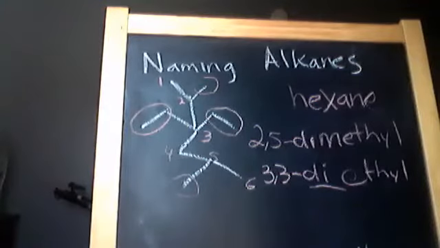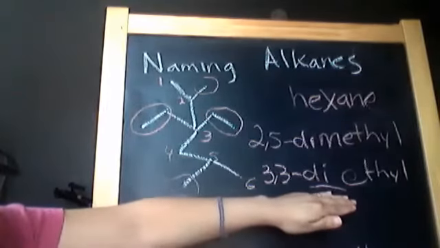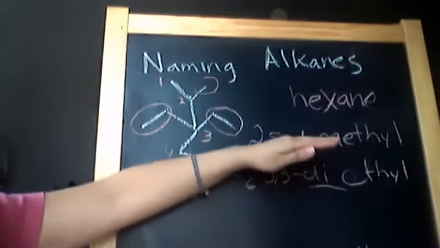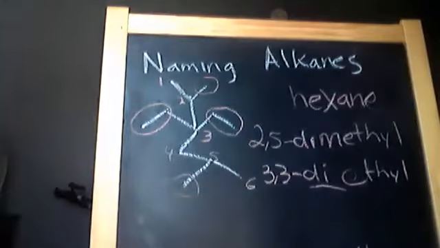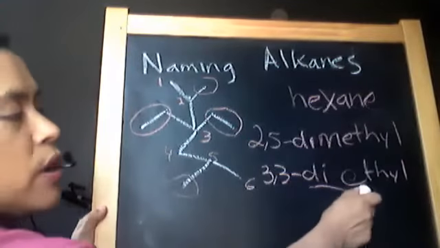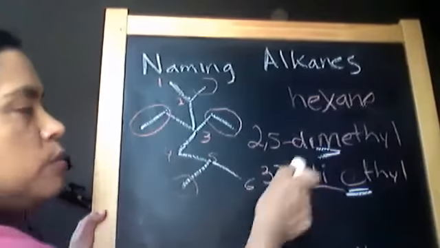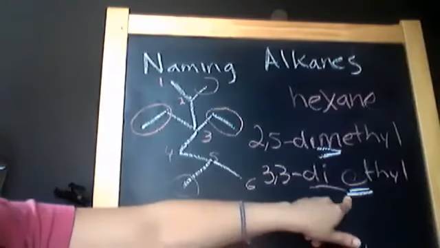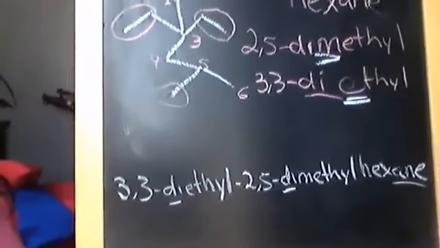So now I need to arrange them. All the branching groups are going to go before the parent name. I need to decide which one to put first. The way that you decide is by taking into account the first letter of the substituent names. So you're going to arrange them alphabetically. I have ethyl and methyl. Alphabetically, ethyl goes first and then methyl. So the whole name for this compound is